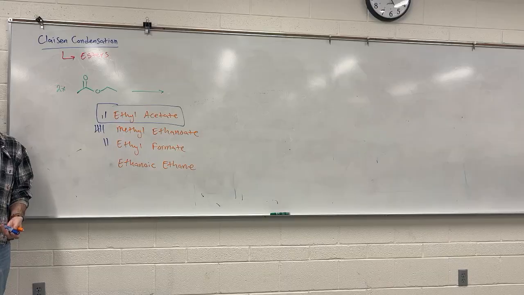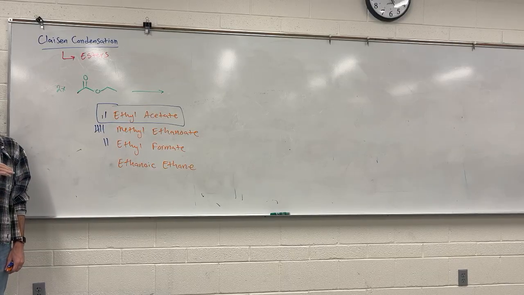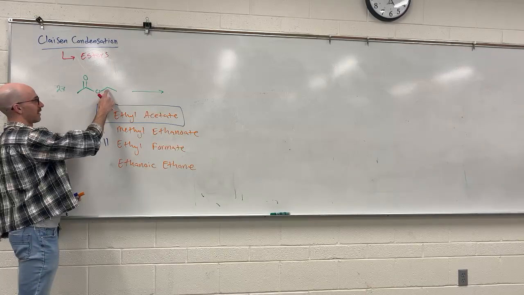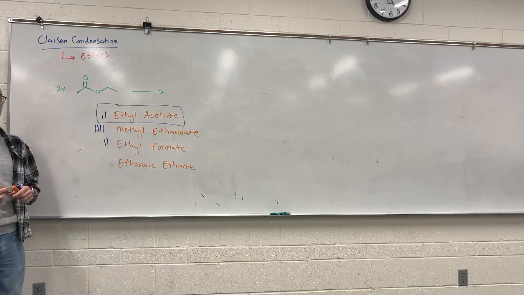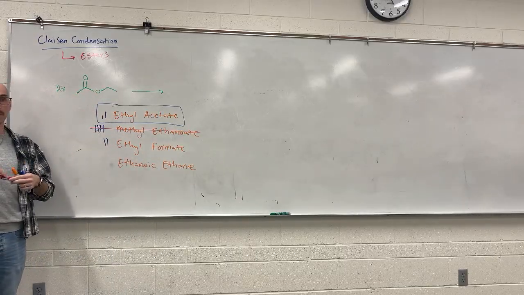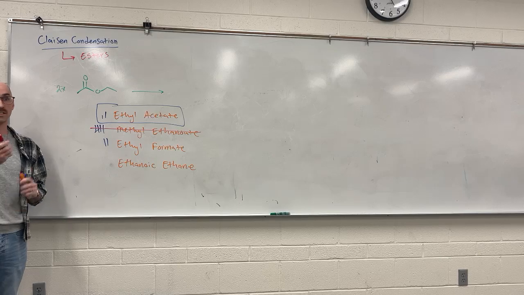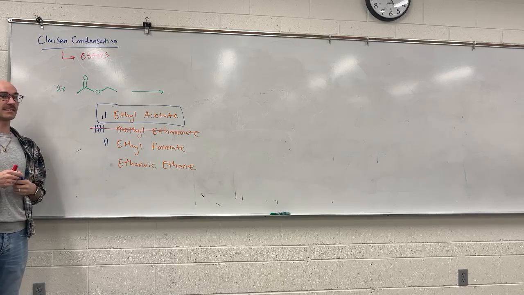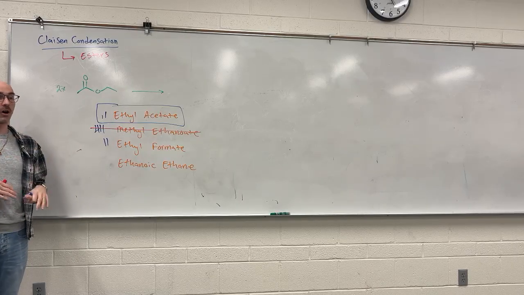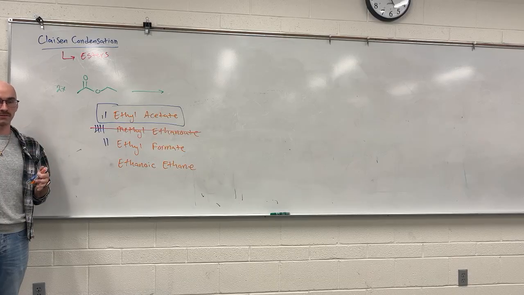Okay, why should the 4.5 of you have been able to rule out methyl ethanoate straight away? There's a 2-carbon chain. Methyl is a 1-carbon chain, right? Nowhere in here is there a 1-carbon chain, so methyl should have been out. Does that seem like sound logic? You guys know that with multiple choice answers, there is a skill to it. You should be able to rule out all of the other options to feel confident about the one you have.